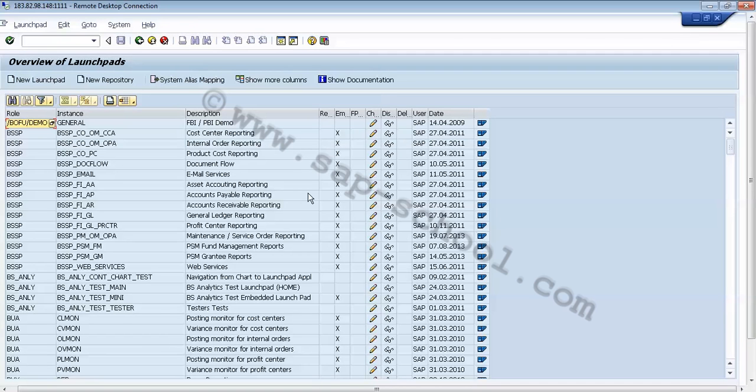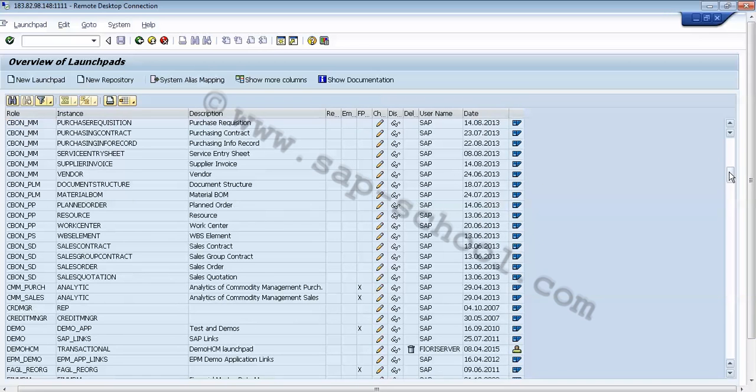Now here we have to navigate to the user role we just saw in the Launchpad designer, that is my demo HCM. Now let's try to find that role here, which is my demo HCM. So this is my demo HCM role, and we have to click on this glasses.